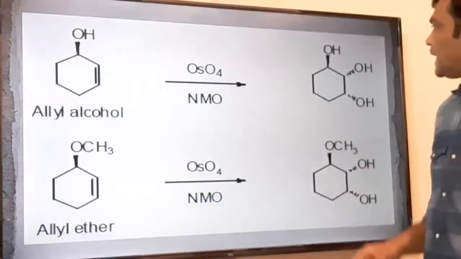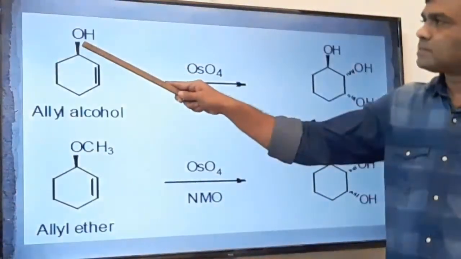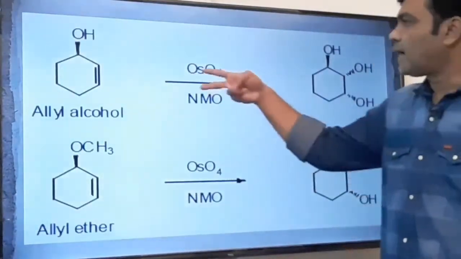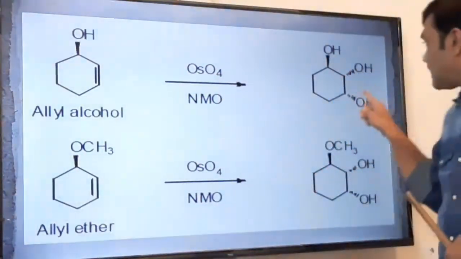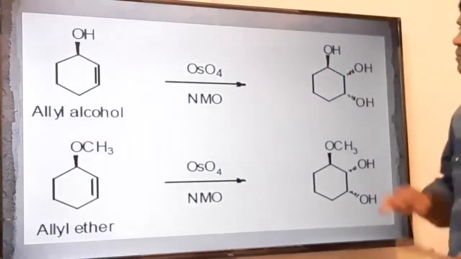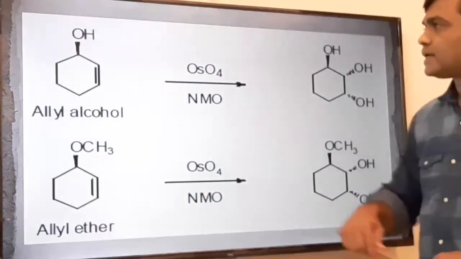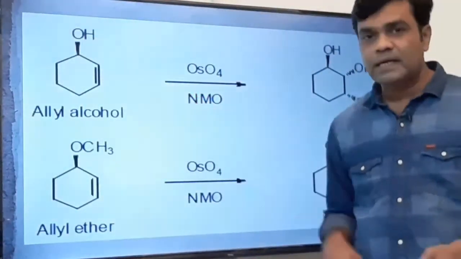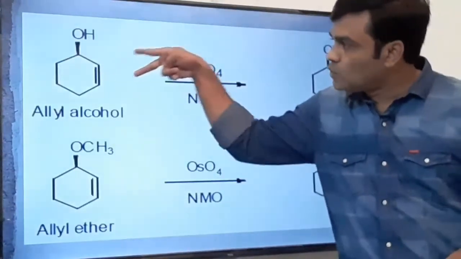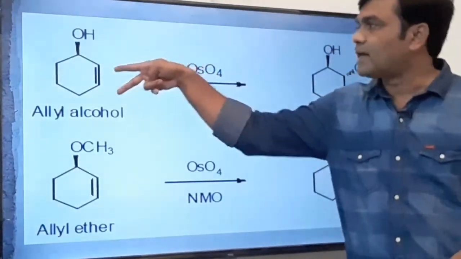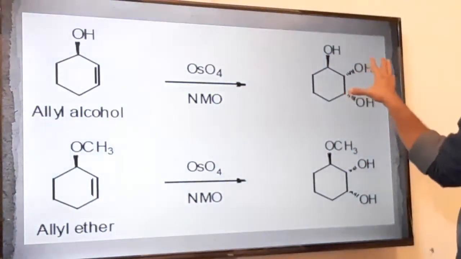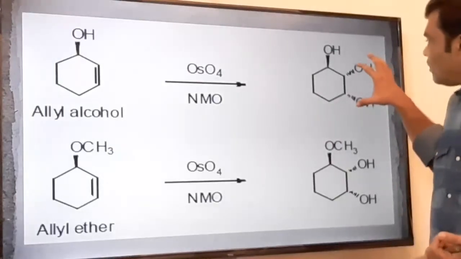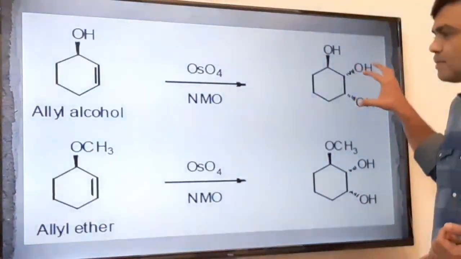Now the beauty of this reaction is that, see here, this OH group is shown by a dark line, meaning it is toward the observer, it is at the front. So the diol formation takes place from the back side. See, this dotted line indicates the back side. What would have happened here if this OH group is away from the observer, meaning if it is shown by a dotted line? In that case, you have to write these two OH groups from the front side, that is with a dark line. And that is the beauty of stereochemistry about osmium tetroxide. Finally, what you have to remember is that the carbon-carbon double bond gets converted to a diol.